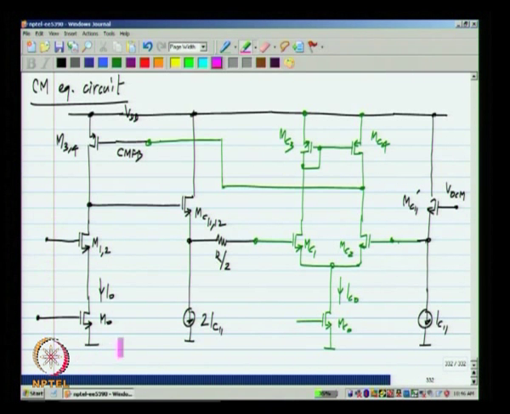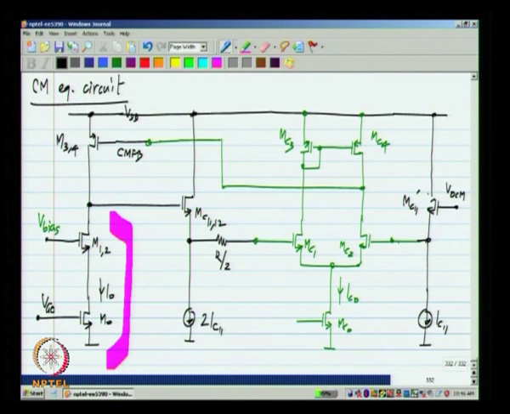So, this part of it, which is really the differential op amp, simply looks like a current source in the common mode equivalent circuit. This is at some V bias, and the bias for M0 is derived from some current mirror. I will just call it VG0. These two together form a cascode current source.